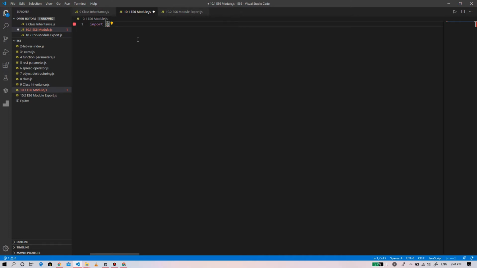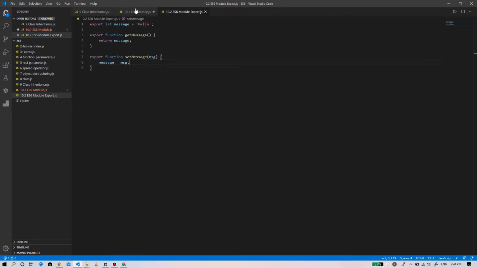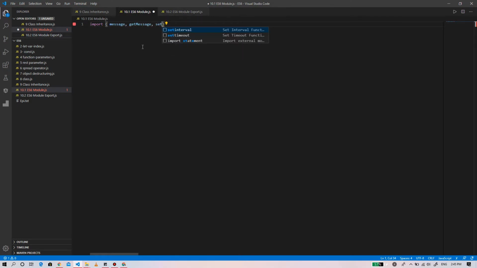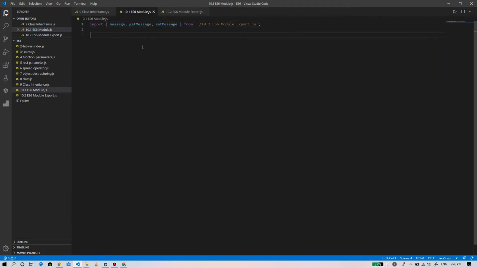Then we can write what we want to import. For example, message, getMessage, and setMessage from, now the file name. So after importing this,